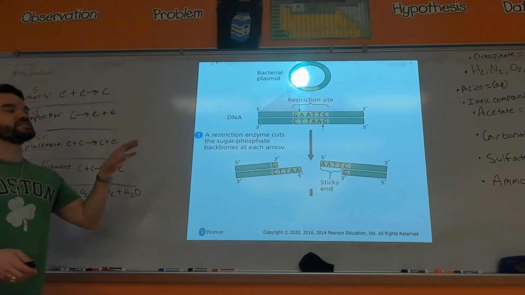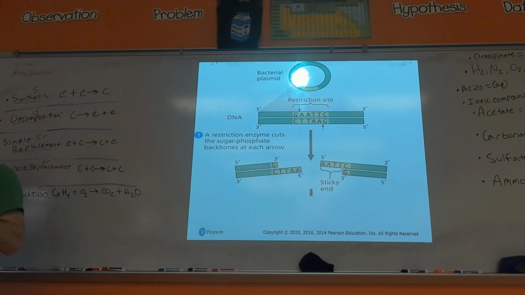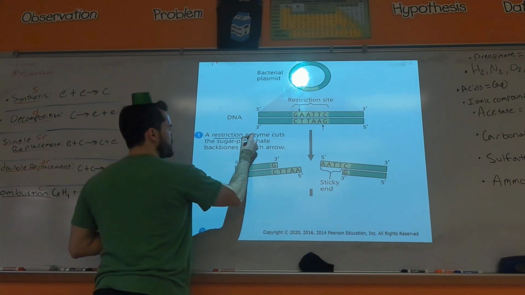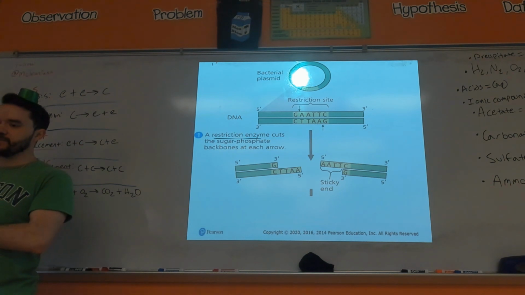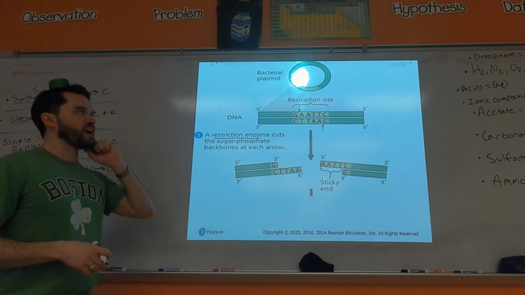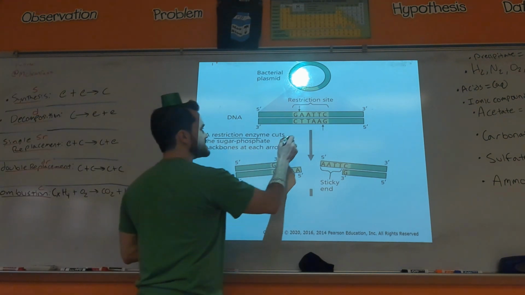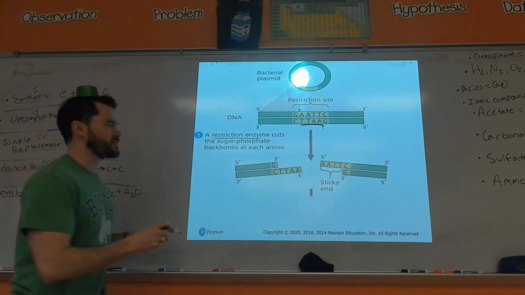All right, so with gel electrophoresis, an essential idea to understand is how we can use these enzymes called restriction enzymes. A restriction enzyme is an enzyme that can cut DNA. This is showing how we could cut a bacterial plasmid. This restriction enzyme recognizes a specific DNA sequence. In this case, this restriction enzyme recognizes